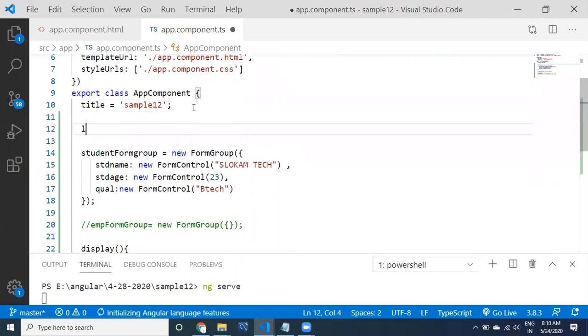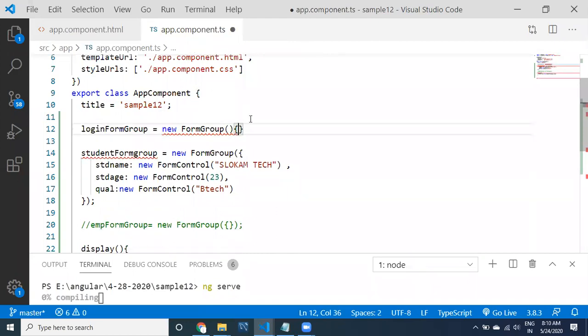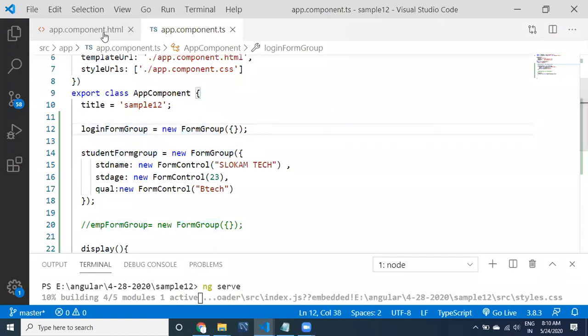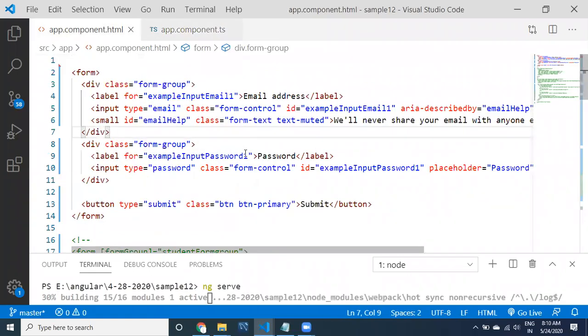We create a form group here, and the JSON we need to provide inside this. This is going to be the login form group. When you see this form group, in the component.html and so on, what are the things available here?